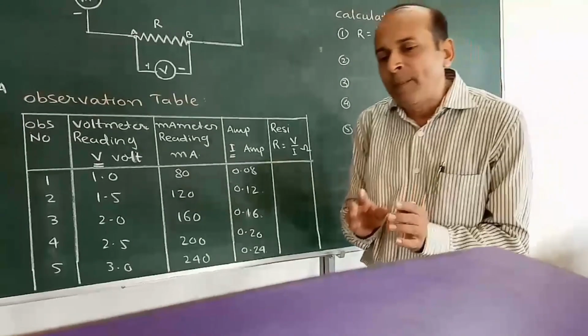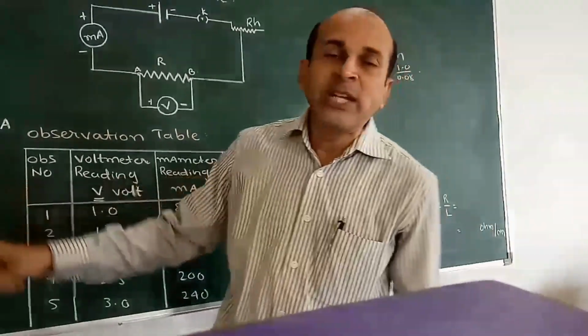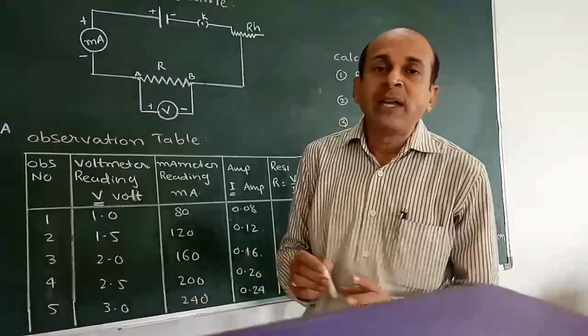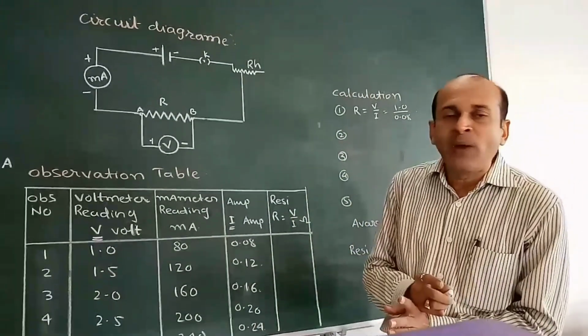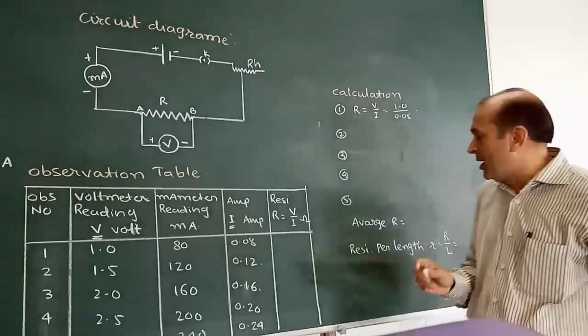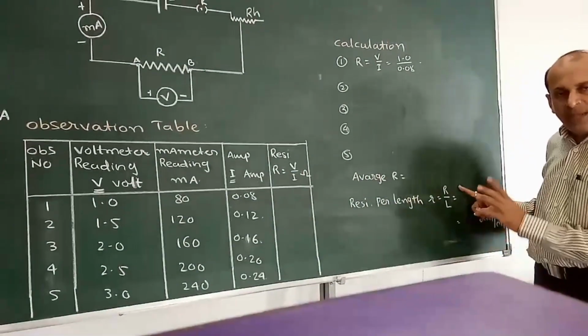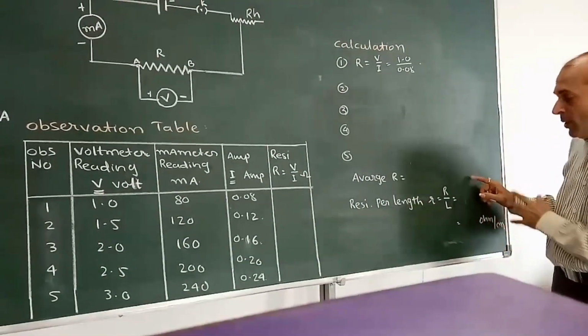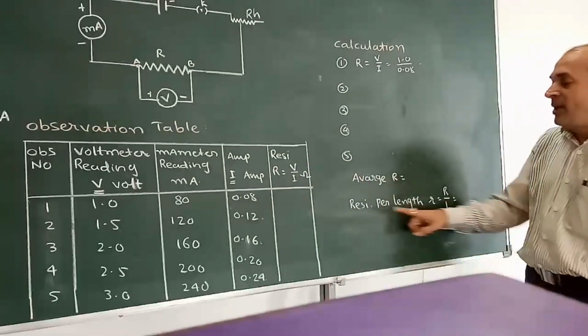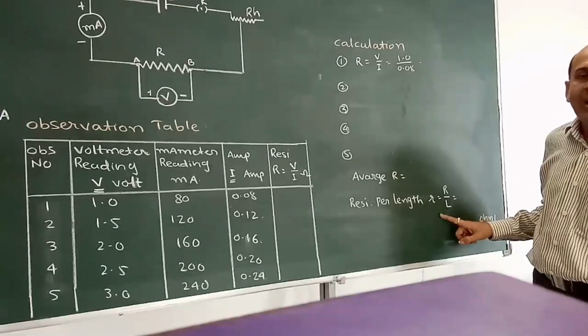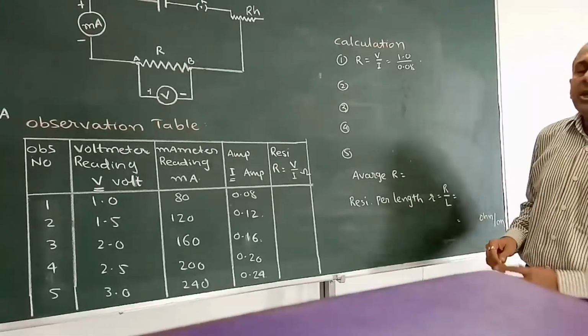That means the resistance of the whole long wire, that is 92 centimeter. The resistance of the wire, 12.5 ohm, is for the 92 centimeter. But our aim is to find resistance per centimeter. So here the resistance is X, for example, suppose 12.5 dividing by the 92 centimeter length of the wire, you will get the resistance per length of the wire. This is the aim and result of this experiment.